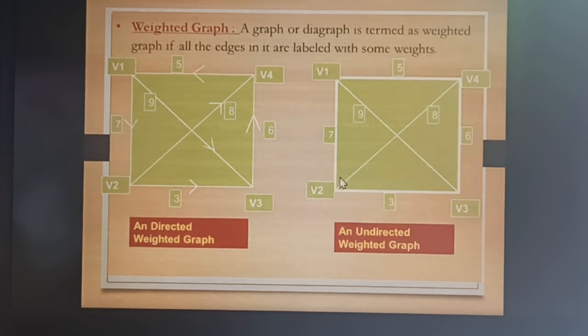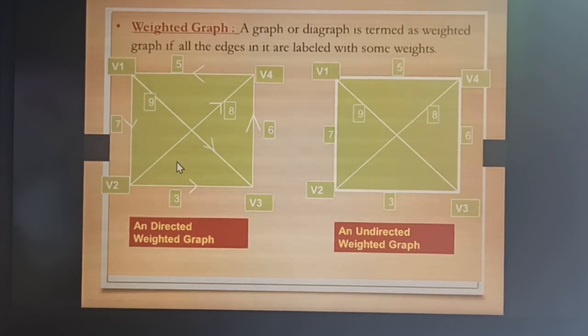How the vertices v1, v2 and v4 will be traversed with minimum cost can be calculated from here. Suppose there is no direction mentioned, so there are many paths from v1 to v4. The cost is 5, but going v1 to v2 is 7 and v2 to v4 is 8, 7 plus 8 is 15. So v1 to v4 with 5 is the shortest path and that must be taken.